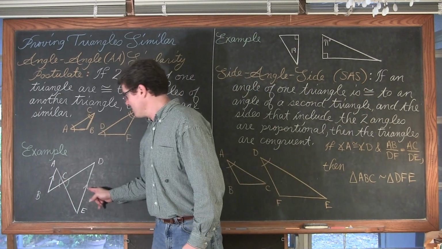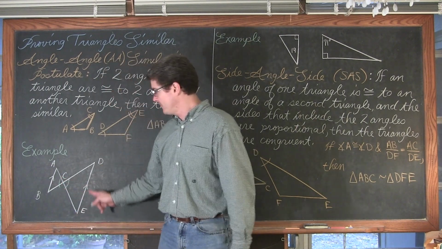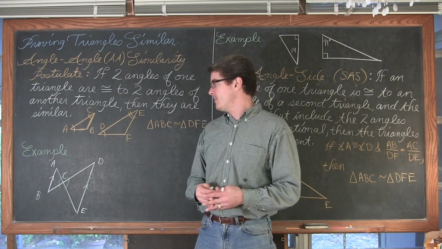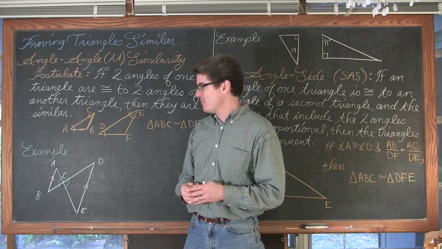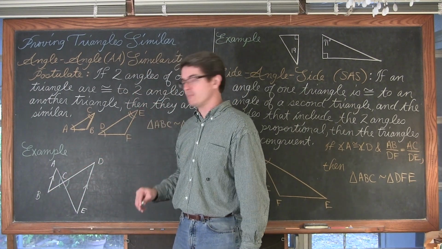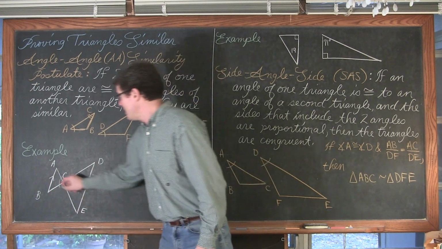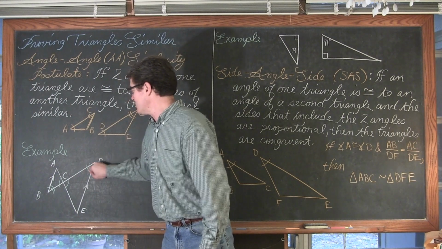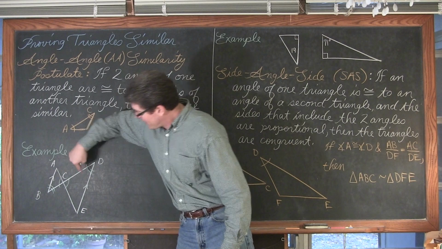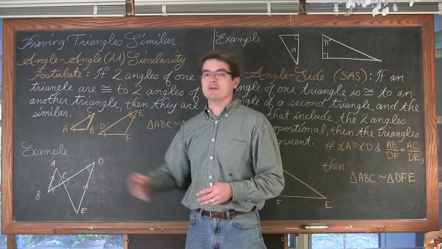Well, we have a mark here that says that segment AB is parallel to segment DE. Now, we talked about parallel lines many chapters ago now, but we still can't forget all those definitions and properties. And one of them said that if you have 2 parallel lines being cut by a transversal, and usually you get kind of like a zigzag shape or a Z shape when that happens, that the alternate interior angles are going to be congruent. So I actually have enough now. I have 2 pair of congruent angles inside these triangles to say that these 2 triangles are similar.